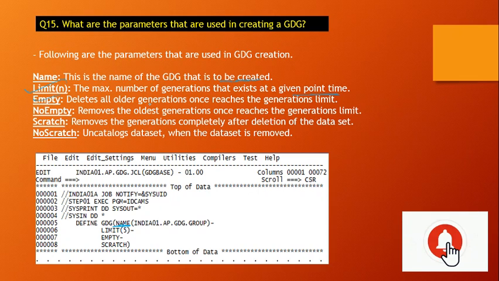EMPTY deletes all older generations once the generation limit is reached, and NOEMPTY means remove only the oldest generation once the limit is reached. SCRATCH removes the generation completely after the deletion of the data set, and NOSCRATCH uncatalogs the data set when the data set is removed. So in this JCL, LIMIT is 5, and EMPTY and SCRATCH are used here.